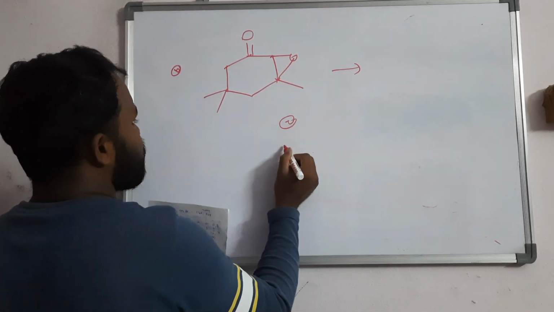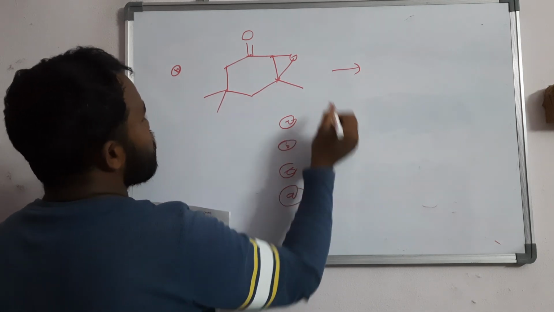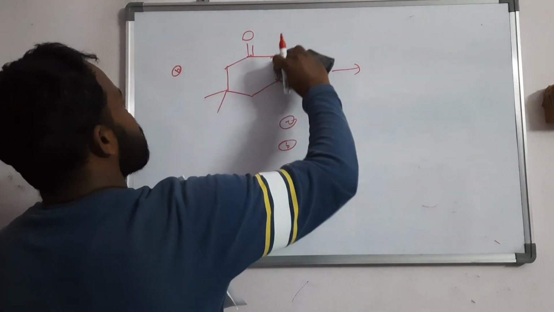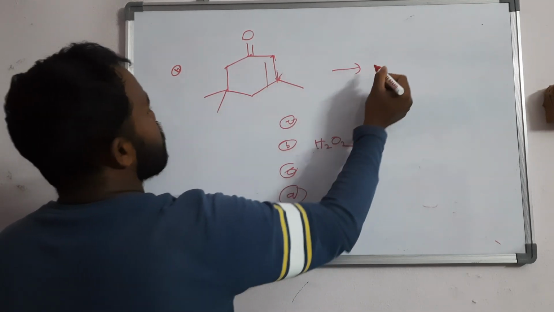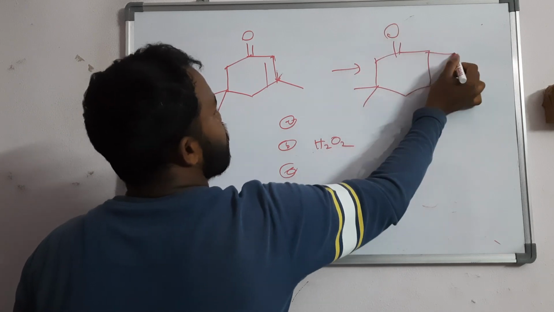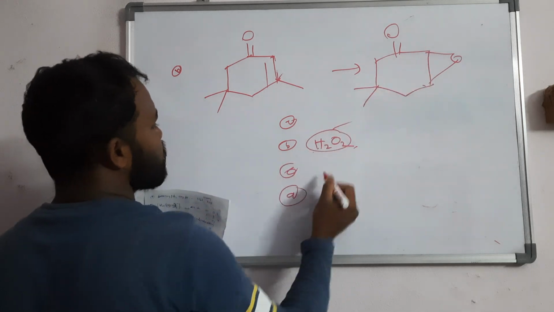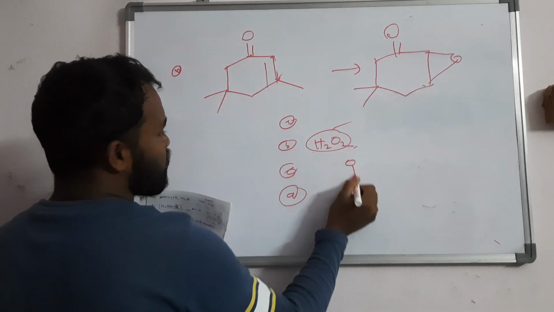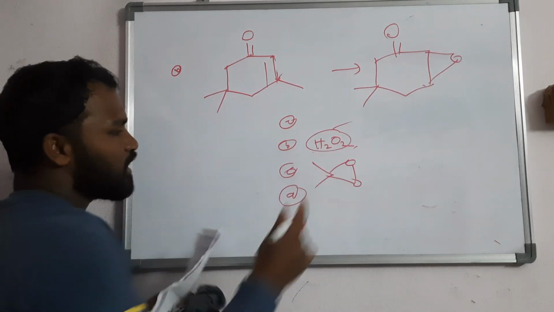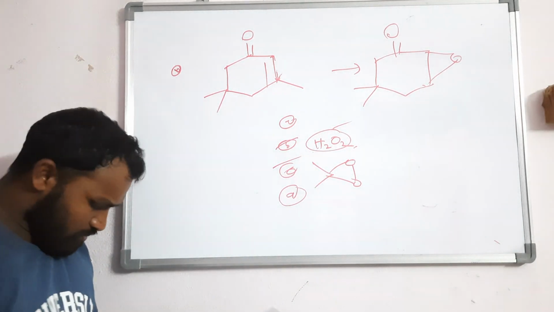So the given ABCD multiple select question, the question is like this. The option should be H2O2, something they gave. This is a peroxide, it forms the epoxide bond. Then this is a dioxygen also they gave. So most of the cases the answer is like this.